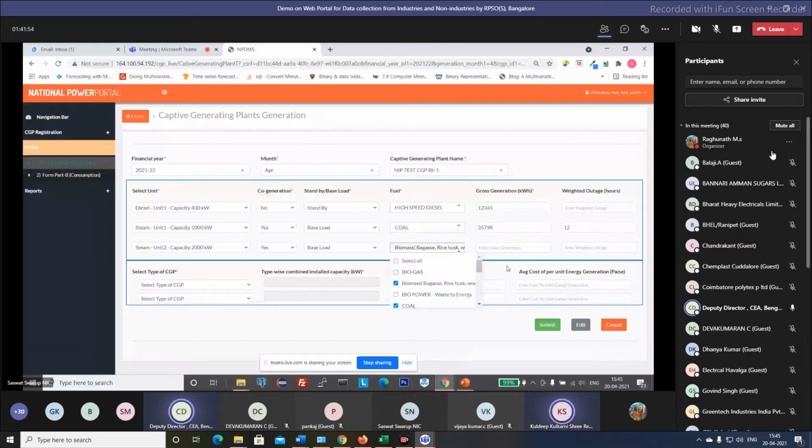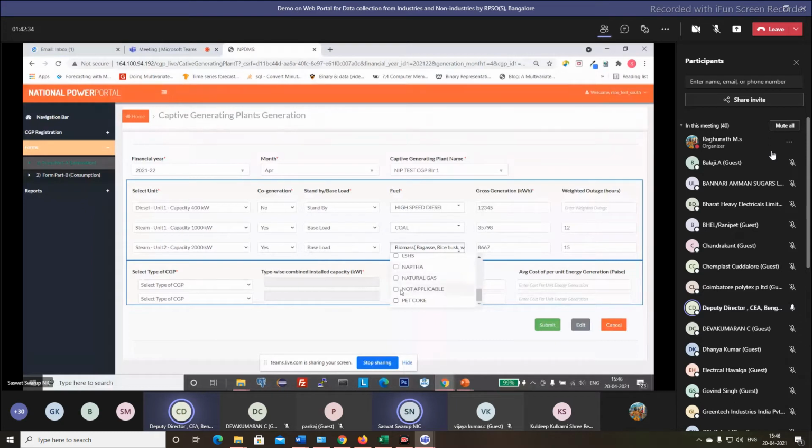Secondly, we have incineration boilers which run on spent wash. We have incineration type of power plants which run on spent wash or distillery waste. So what is the fuel that we need to select in that scenario? Shashwat, that has been added here. Sir, if any fuel is missing, they can tell us whether it is missing, and we can add it here. If spent wash is not there...